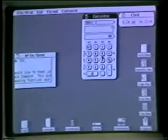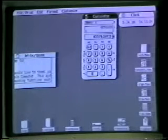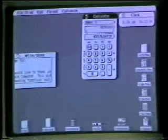And now you could actually use it as a normal calculator. Use it as a calculator. Sure. I can either use my keypad or I can just use the mouse and point to the things on the screen. Now, if I want to do word processing, I can go to my disk, I can click on